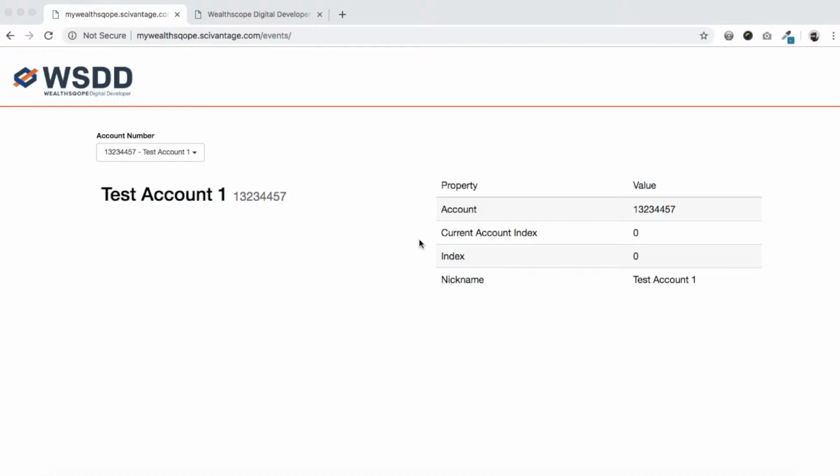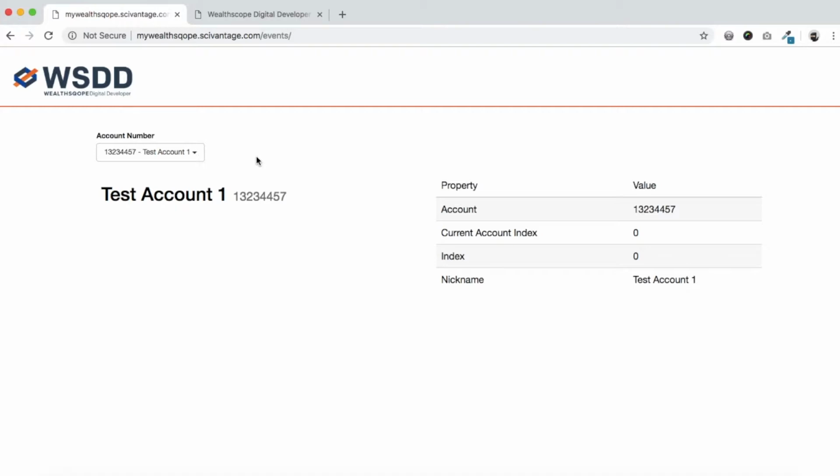Let's use the classic case of changing the context account. On the page I have in front of you, I've got a simple example where we've got the account drop-down widget, and we want to know anytime a user has interacted with it and selected an account number. The widget will fire an event, and what we want to do is hook a callback to listen for that event to handle it on your application so that you can process it, change something about your UI, or maybe update